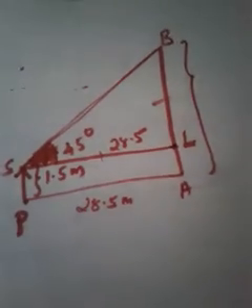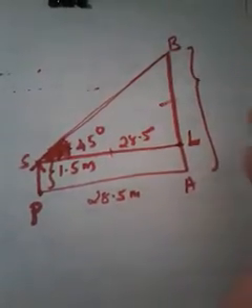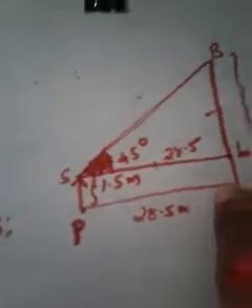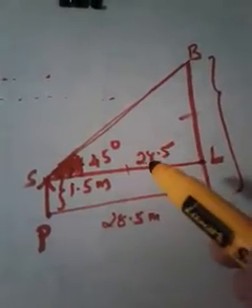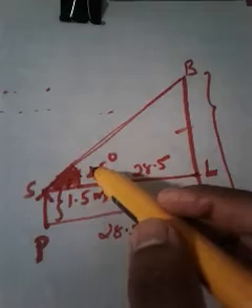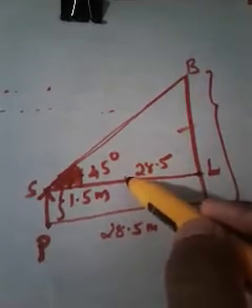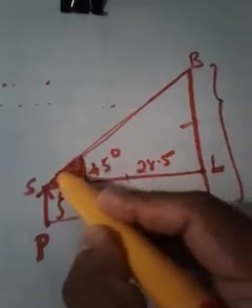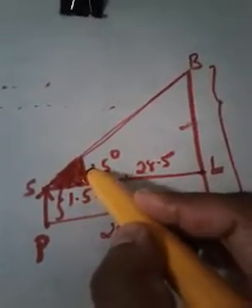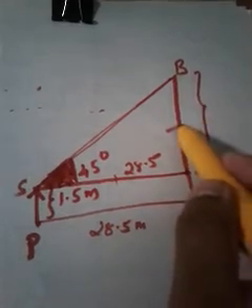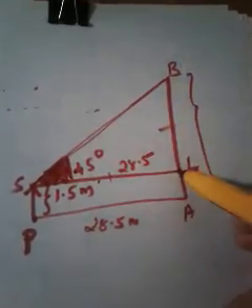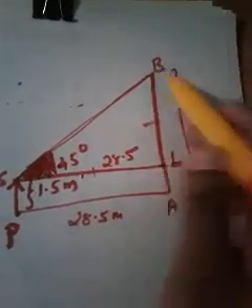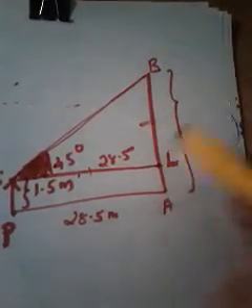Once again I am repeating: in most problems the ratio will be tan, but sometimes it will be sine. So we have to check which ratio to use. What is the reason for using tan? Because tan is the ratio relating the opposite side and the adjacent side. You have to think about the angle given. According to that angle, tan connects the opposite and adjacent. The adjacent is already given, and the opposite we have to calculate, because we have to find the length of the chimney, and BL is a part of the chimney, so we need BL. So the ratio should be tan.